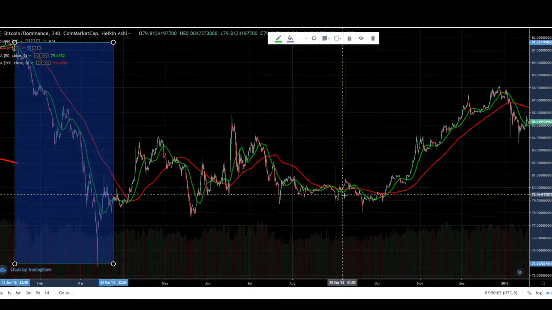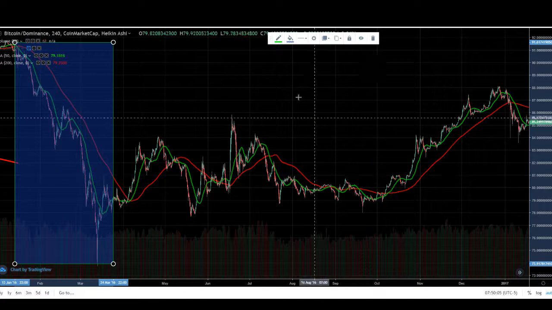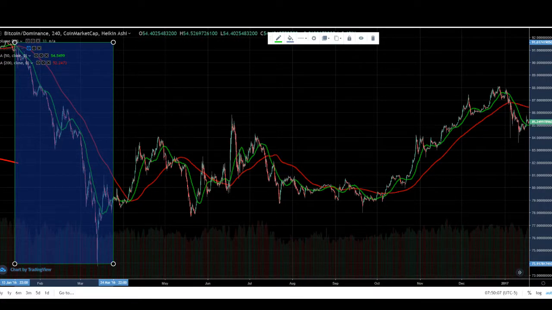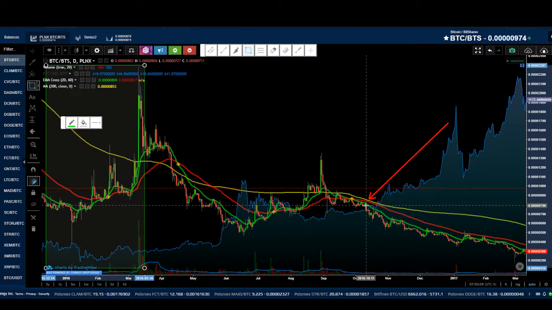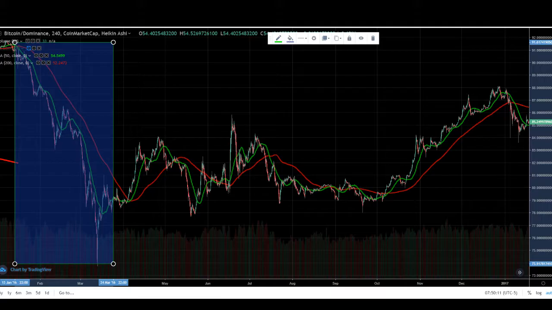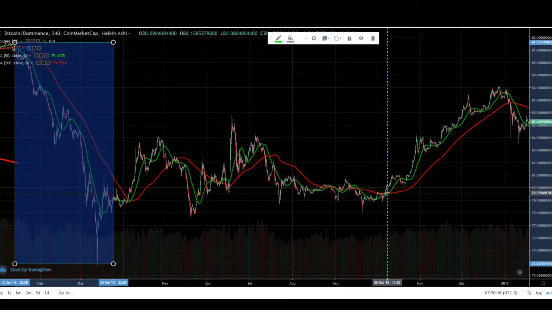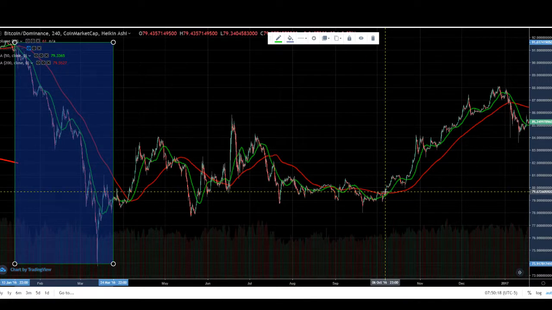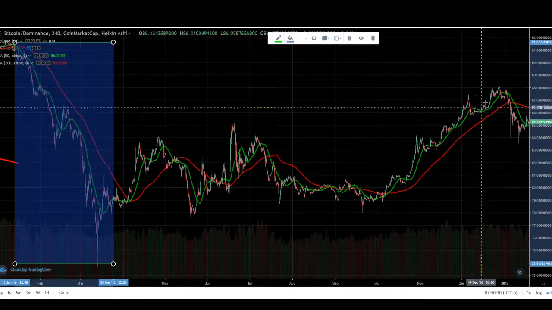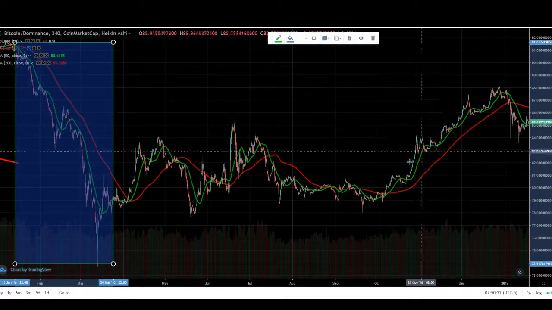Then the dominance came back until October, and there is that point there in October. So the dominance was in a downtrend and is at its low, and when it made this 1, 2, 3 bottom formation, that's where things shifted. The dominance increased, Bitcoin price increased, the alts were increasing in market cap